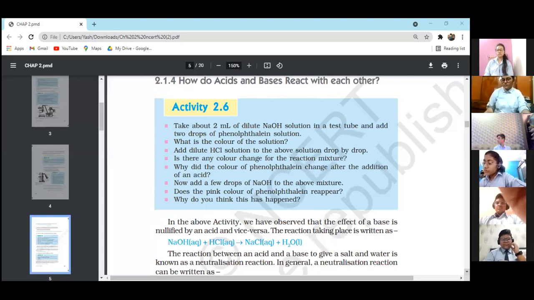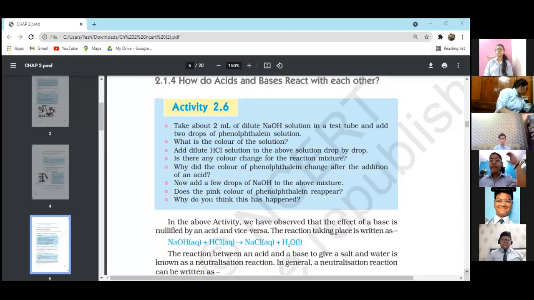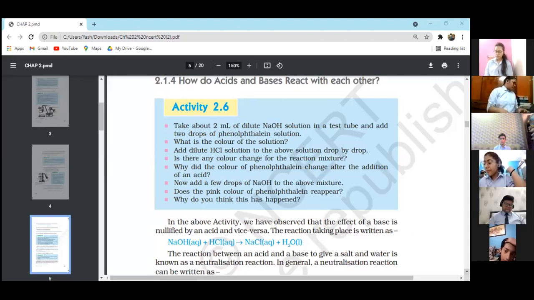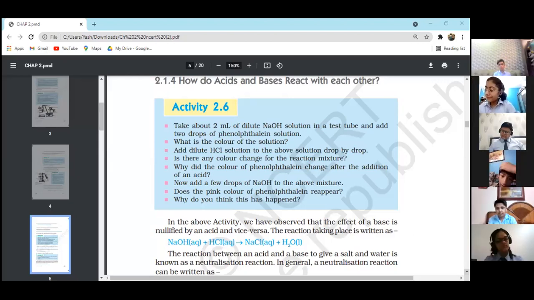So here you can write that acid plus base, when they react with each other, they form salt and water, right? So please write down at the top only so that you remember the summary: any acid when reacted with a base forms salt and water. You should have that in your mind, and you can write any reaction of acid and base. So acid plus base equals salt and water.